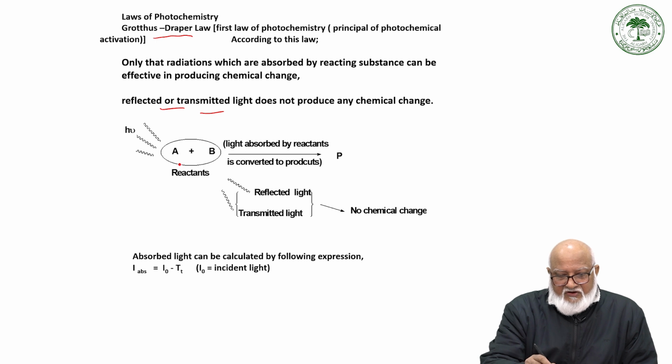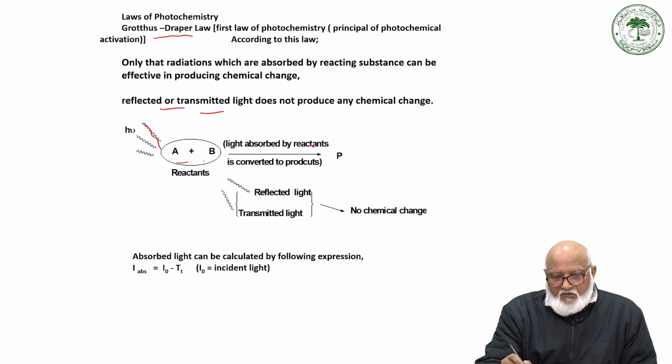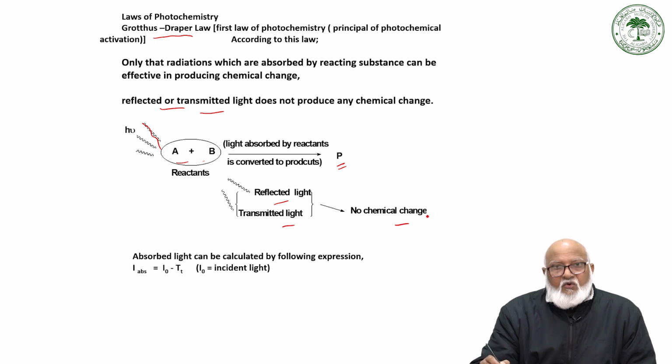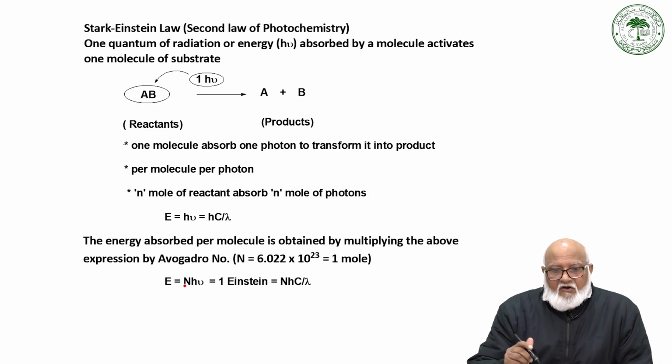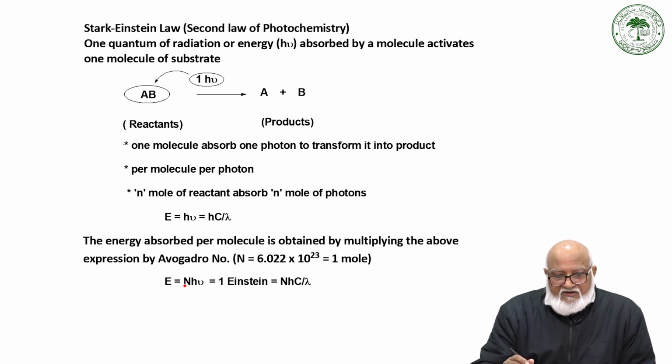Say, for example, if you have two reactants A and B, and when we shine light, the light absorbed by the reactants is converted to product P, and reflected and transmitted light do not undergo any photochemical change. The absorbed light can be calculated according to this equation: I absorbed equals I incident minus I transmitted. The second law is known as the Stark-Einstein law,